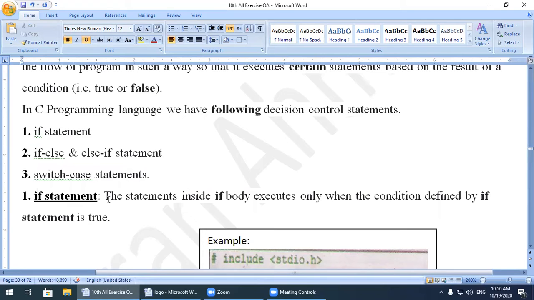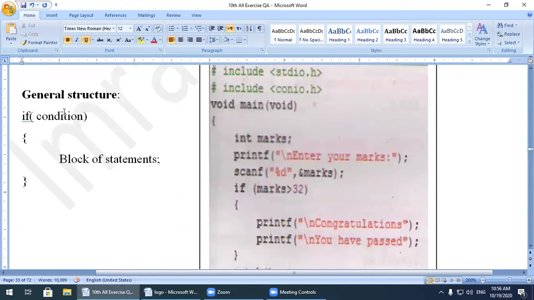If statement: the statements inside the if body execute only when the condition defined by the if statement is true. I will show you with the general structure what the purpose is. Watch here. This is the general structure of how we can use the if statement in our program. The reserved word if is used, and inside the parentheses there should be a condition.